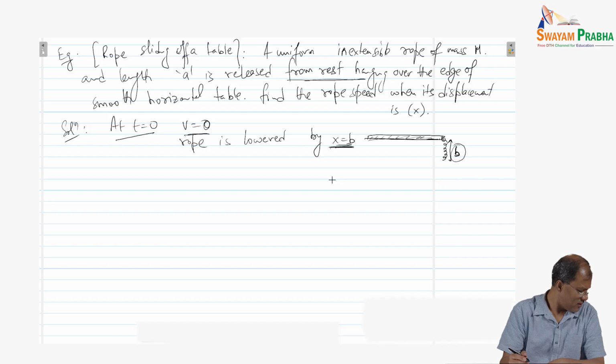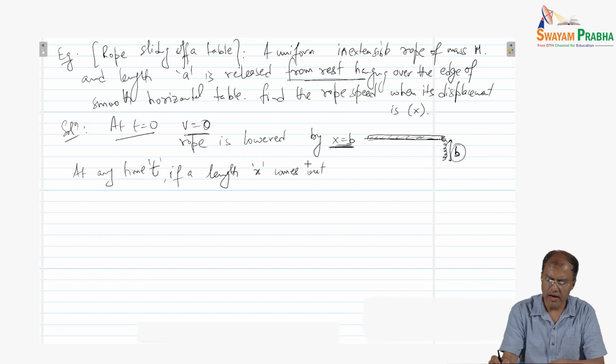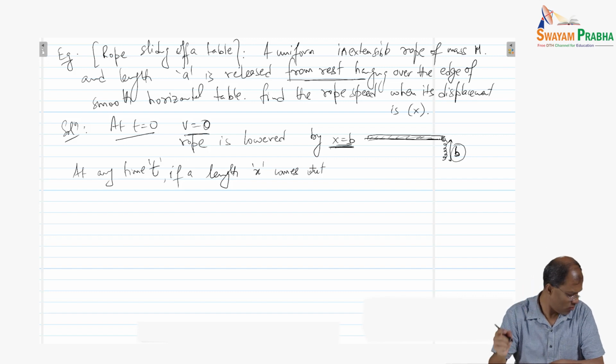And so let's say at any given time t, if a length x comes out of the table,